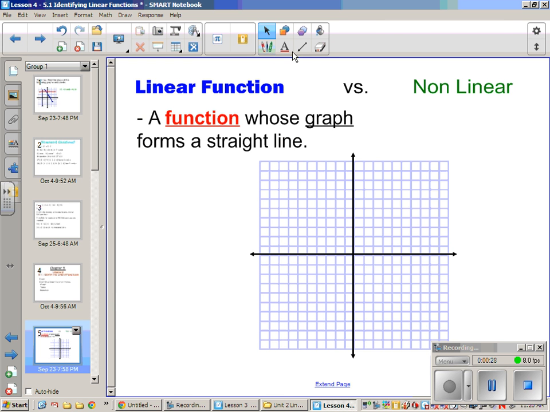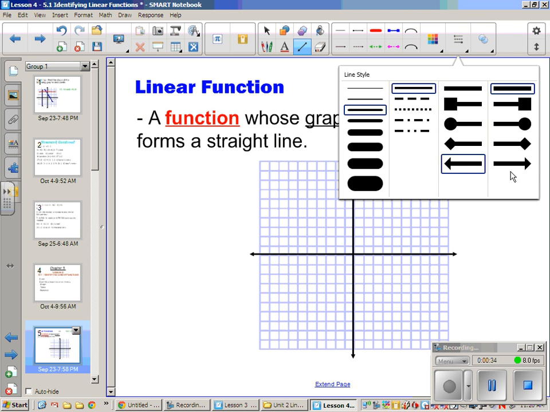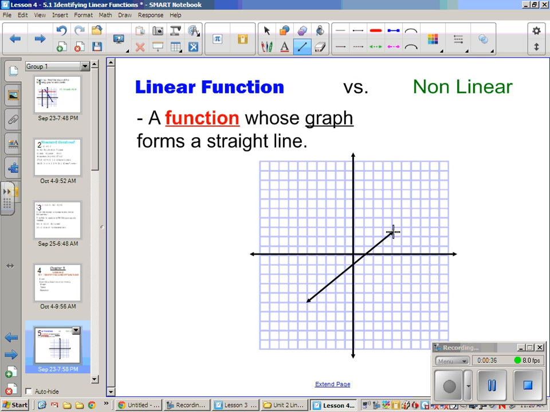I'm just going to grab the tool so I can actually draw a straight line. So a linear function is something that looks like that, that, that. On your paper for linear, draw any example of lines that you want. Okay, and then nonlinear